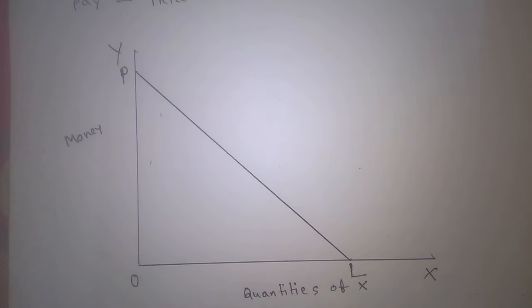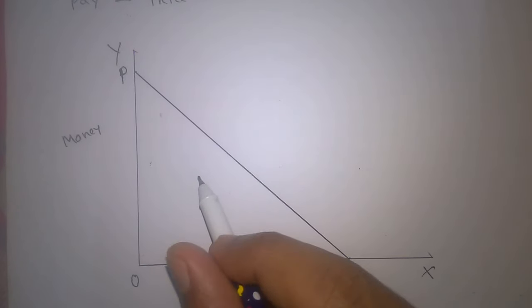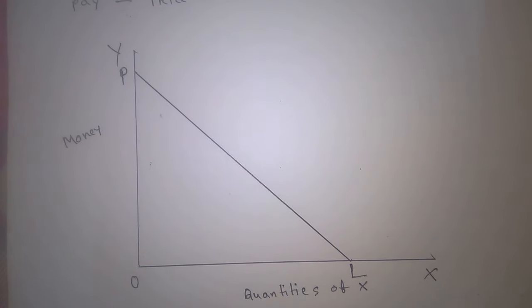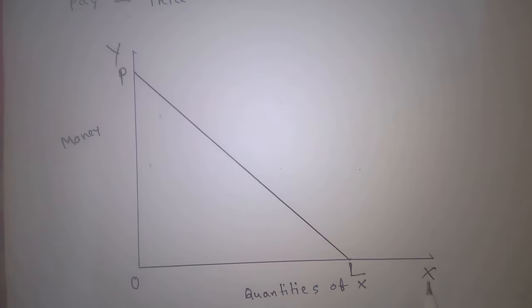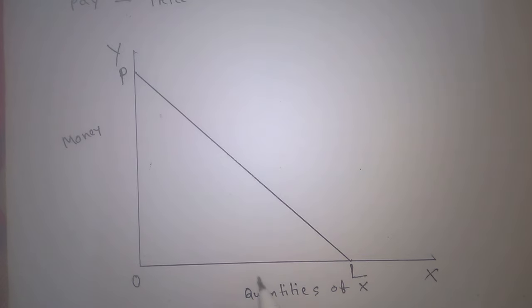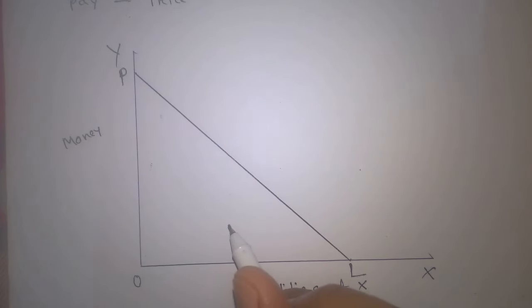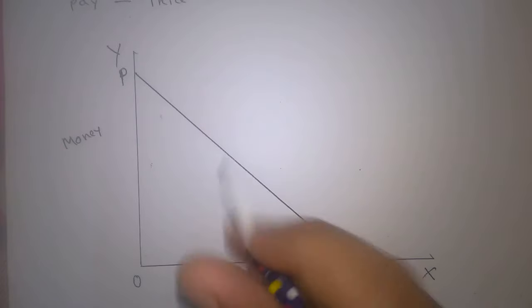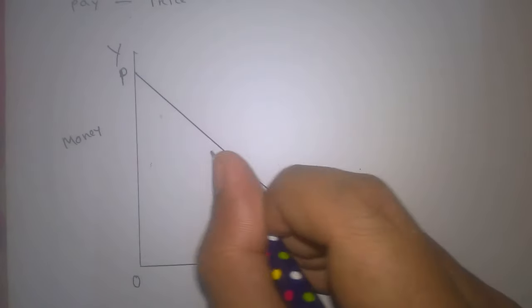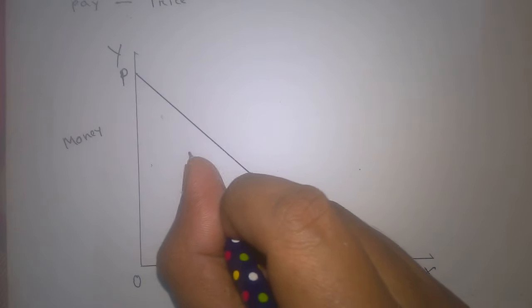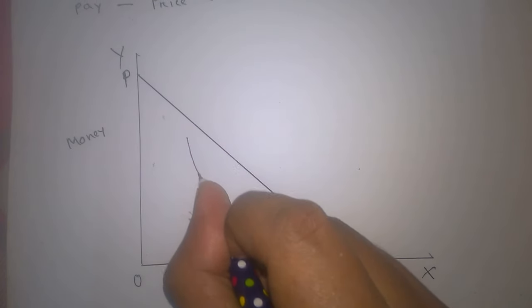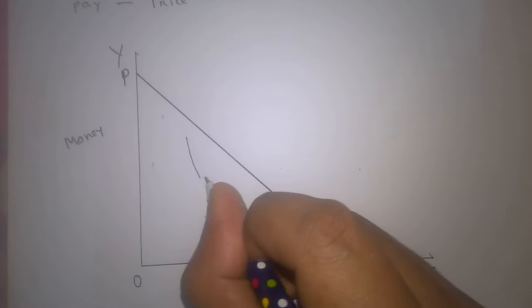So right now you do not know how much money it will take to purchase product X. You still do not know the price of product X. You have an assumption of how much it can cost, right? You have just assumed it. So based on your assumption or knowledge, you thought that the product will cost some money, like this. I am going to draw an indifference curve here. So this is an indifference curve.